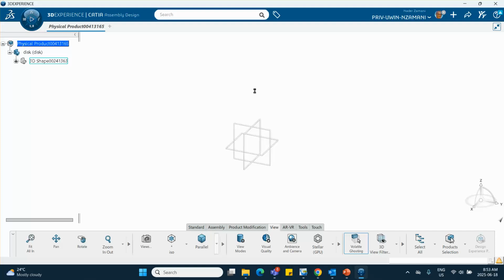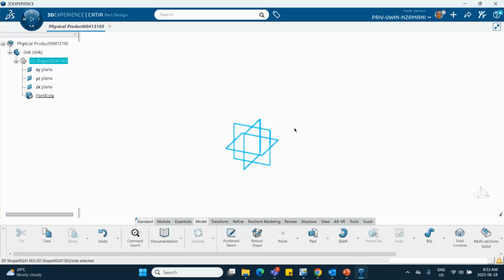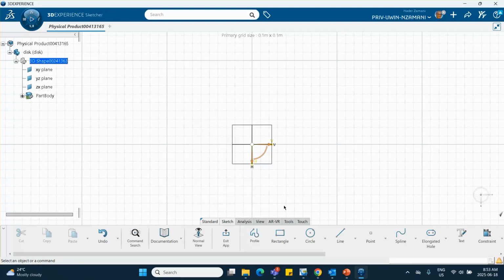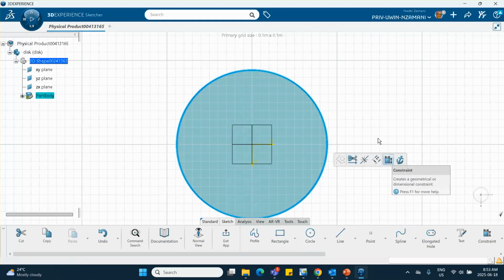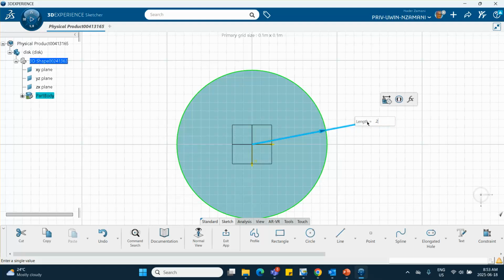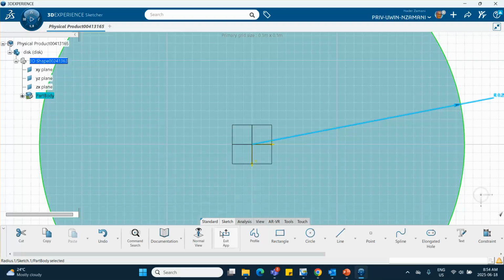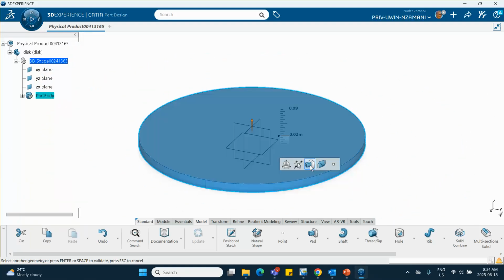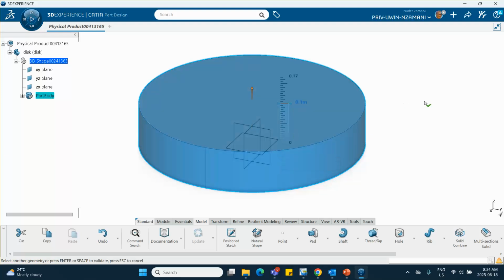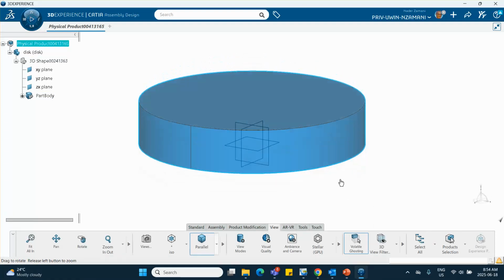Double click. Go into part design, and on that plane, I will sketch a circle of radius 0.25 meters. Okay. And then we pad it by 0.1, the height of the disk. There we are. And now because I'm going to do this as a revolute joint, although it can be